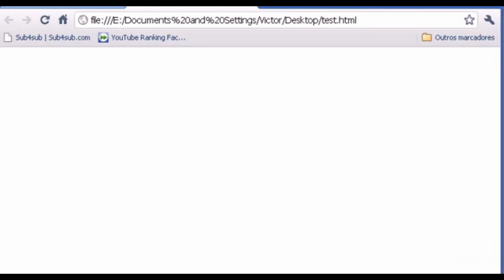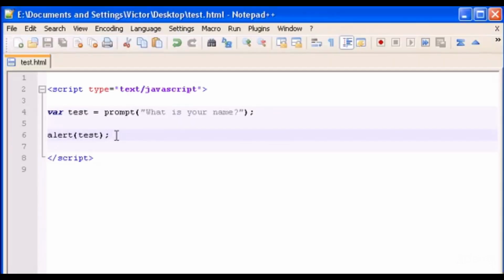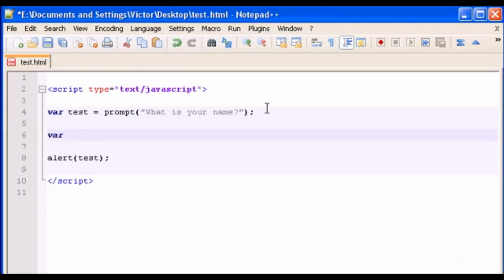So you see that we use prompts to take some information, or whatever the user types, and then output it in an alert, and we can make document write or whatever we want with that information. So let's make more variables. I'm going to change, instead of test, I'm going to change this to name, and then I'm going to make another variable called age equals prompt